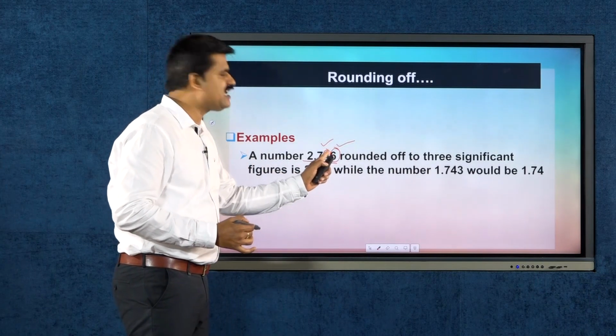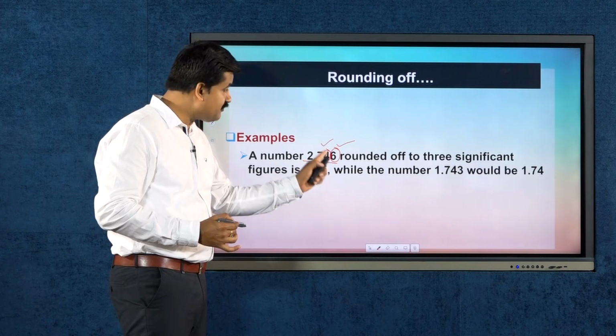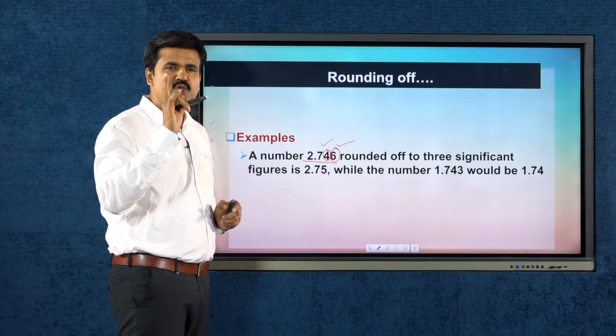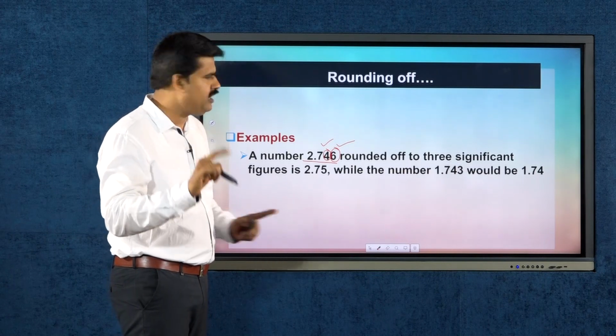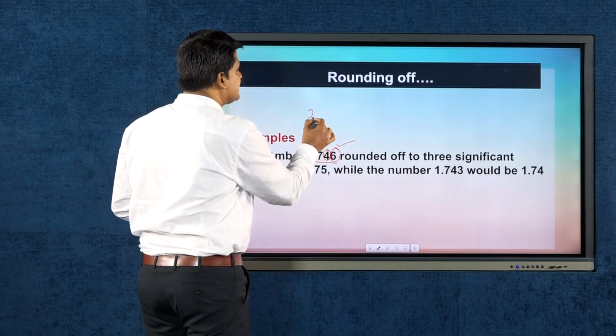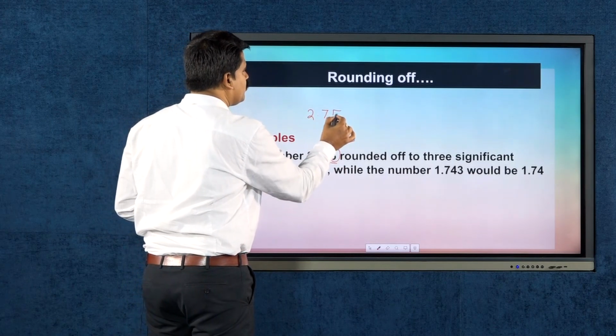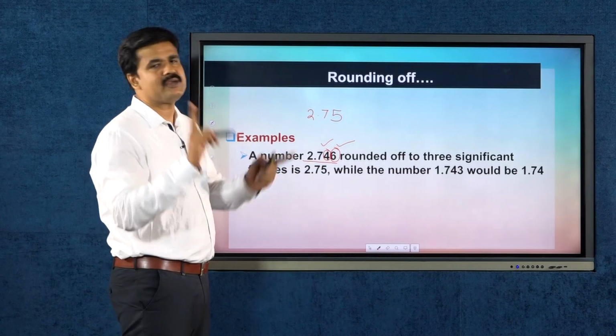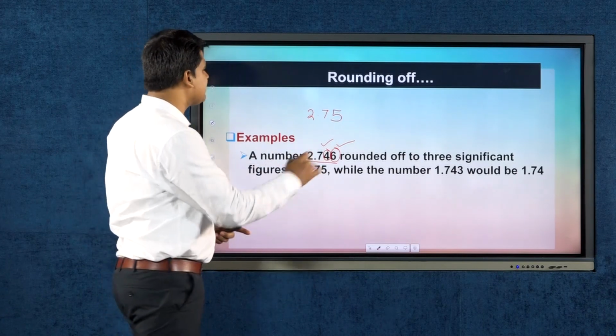Since the removing number or insignificant number is greater than 5, you have to add 1 to the previous number. So, this 2.746 is now changed to 2.75. 4 is the preceding number which is raised by 1 unit. Now take another example,